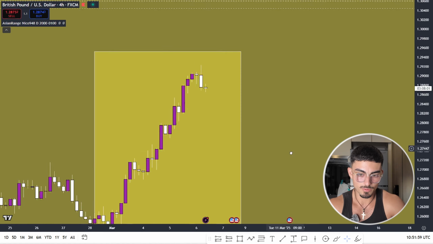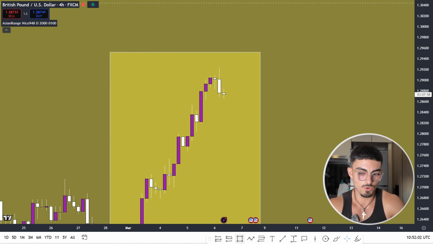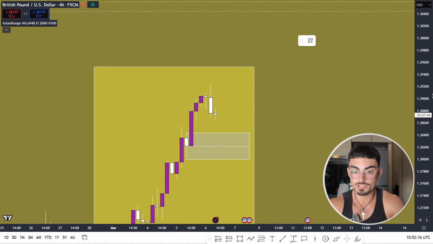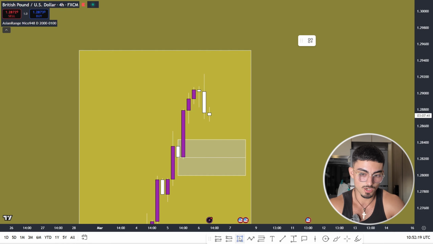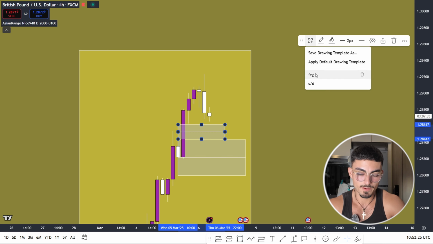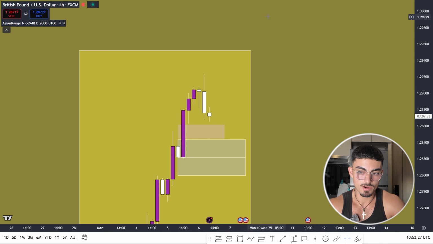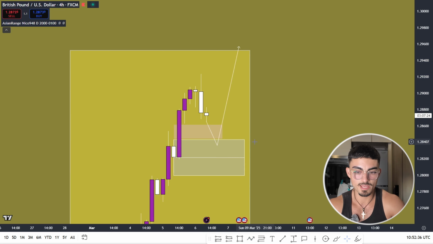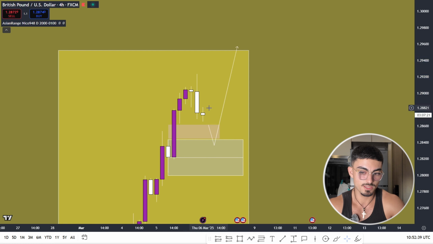Now, the next thing I would do is start to draw out my demand zones on the 4 hour that are very close to where we currently are. For example, this area right here is going to be a nice demand zone because, as you can clearly see, price pulled back and then started to push higher again with very big volume. This volume left a big fair value gap on the 4 hour chart, which you can see shown by this level right here, okay? So the chances are that price is going to bounce and fill this fair value gap, bounce into this demand zone, and then maybe continue going higher like this. And that's a trade that I would consider if we were to see this happen, okay?